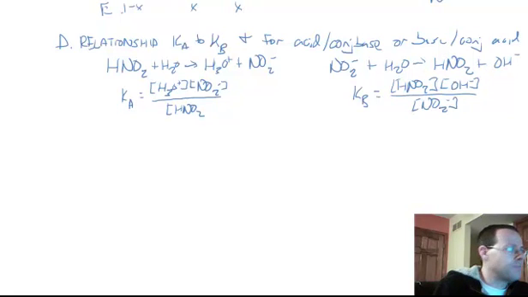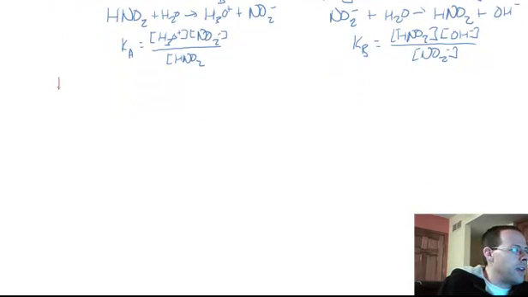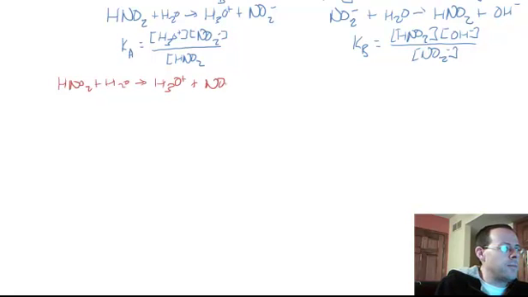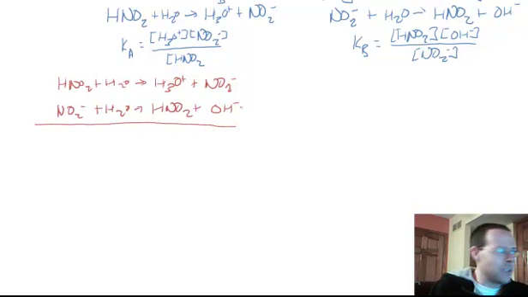Alright? So let's change color. And we're going to add these two equations together. I'm going to just put it down here. So if we have HNO2 plus water yields hydronium plus nitrite, and then we also have nitrite plus water yields nitrous acid and hydroxide. So if we add these equations together, kind of like we're doing a Hess's law problem or something like that,